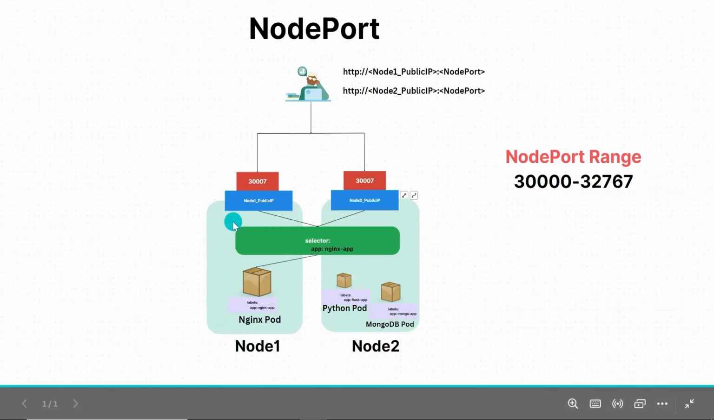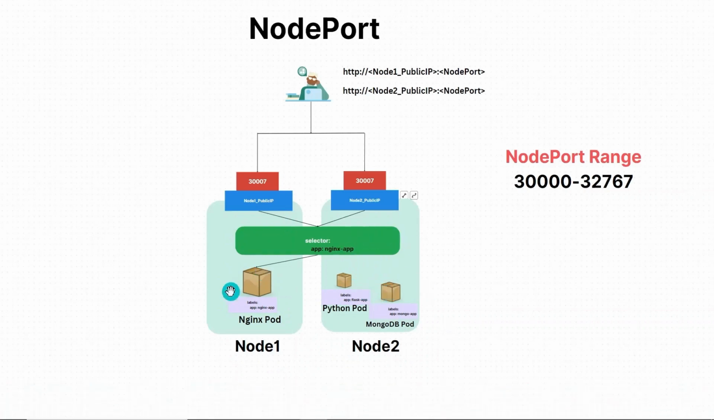So here you can see we have two nodes. This is node 1 and this is node 2 in our Kubernetes cluster. So let's assume this is a two-node Kubernetes cluster. For each node, you can see a public IP attached to these nodes. And the brown boxes that you see here at the bottom, let's assume these are the pods. This is the Nginx pod, this is the Python pod, and this is the MongoDB pod. So these are three different pods that are running in our Kubernetes cluster, and they are scheduled on these two nodes. And let's say you want to access this Nginx pod from the internet,